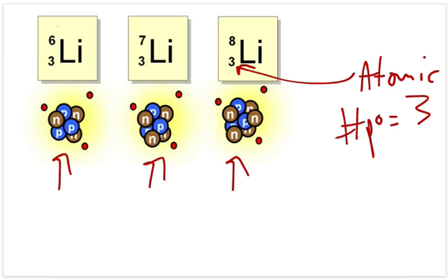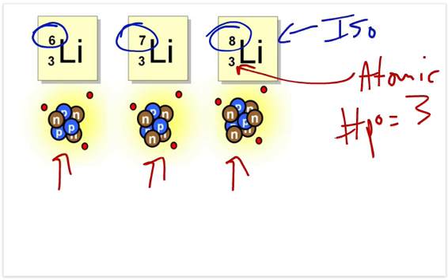Now notice they have different mass numbers because these are different isotopes. Now, different isotopes are going to have virtually the same chemical reactivity because they have the same number of protons and the same number of electrons. Actually, but they're going to have slightly different masses. And if we get into severe cases, that can kind of affect how they behave. But for the most part, not. So what we could do with these, and what we sometimes do, is we just see how many neutrons